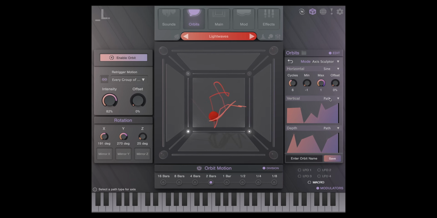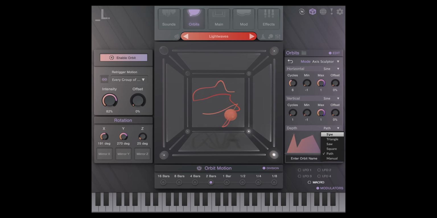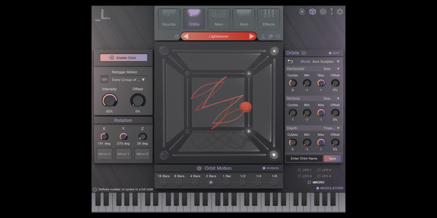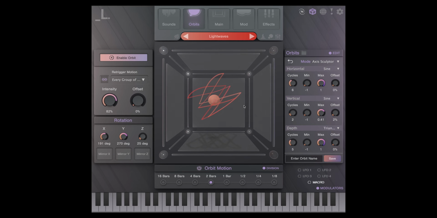You can also just load in some simple circles, sines, triangles, whatever, and choose the cycles for each, set min max, offset it. So you can do some pretty wild stuff with this and obviously change your intensities, offsets, rotate it however you wish. There are even randomizers built into Cube. So if you want to randomize the orbit, you can click this randomize orbit and it will just